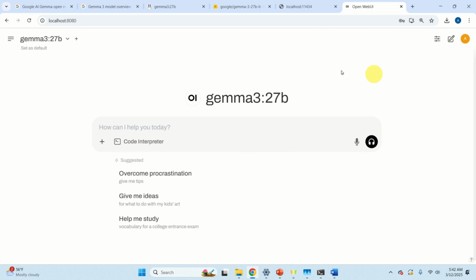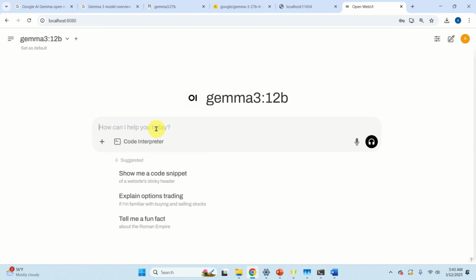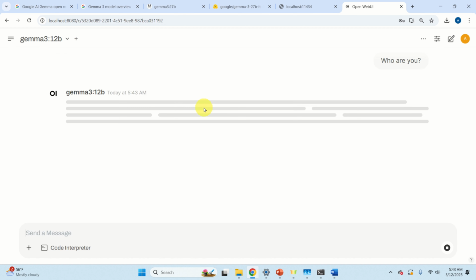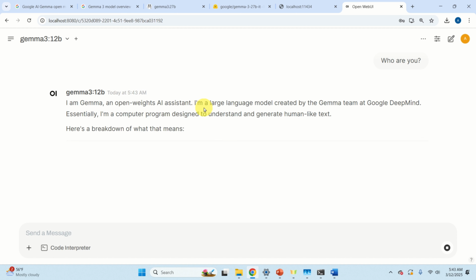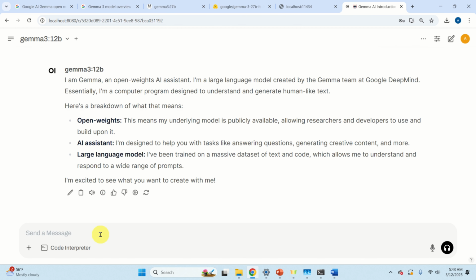Let's go. This is a phrase from Ramones' album. And let's select the model over here. You have several options. Let's start with the smaller model and let's ask, who are you? Now, it's going to take a while to load the model and to execute it. However, you can see that it's still relatively quick. And let's ask the message, for example, how to solve